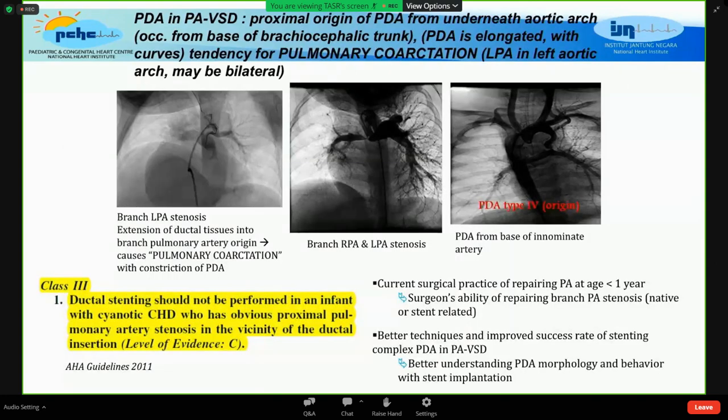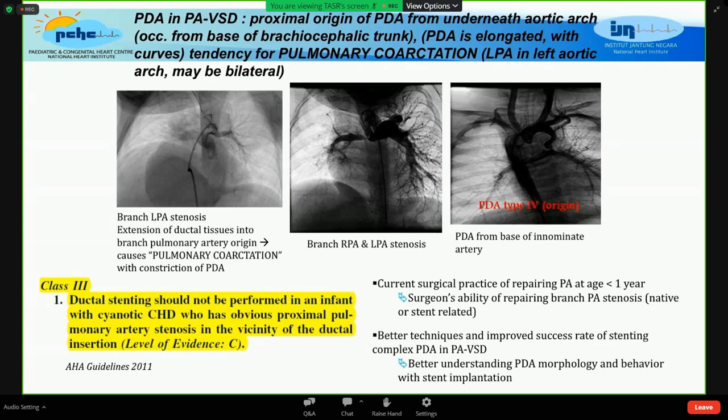All right, as we know, PDA stenting, as Siva mentioned just now, in the AHA guidelines 2011, revised in 2015, duct stenting in the presence of pulmonary artery stenosis remains a class 3 indication. However, I think this is based on very scanty data. There are more and more publications on PDA stenting in branch PA stenosis, especially, as I mentioned before, in the presence of